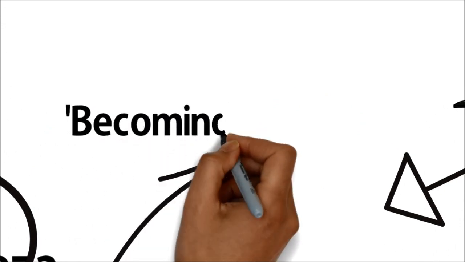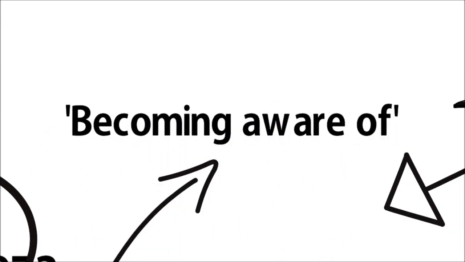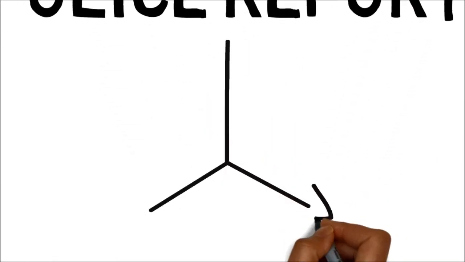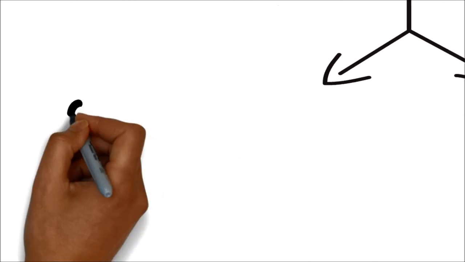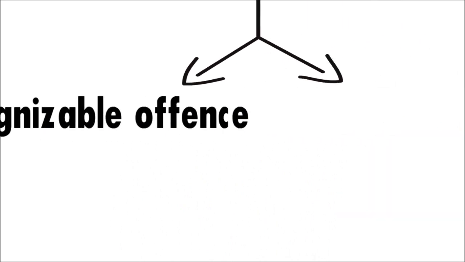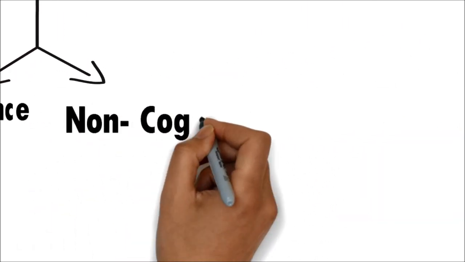The third and important word is cognizance. What does cognizance mean? Cognizance merely means becoming aware of. So whenever a magistrate makes himself aware of the complaint, police report or any information given by a person, it is said to be a cognizance taken by a magistrate. The police report on which a magistrate can take cognizance can be based on either a cognizable offense or a non-cognizable offense as well.